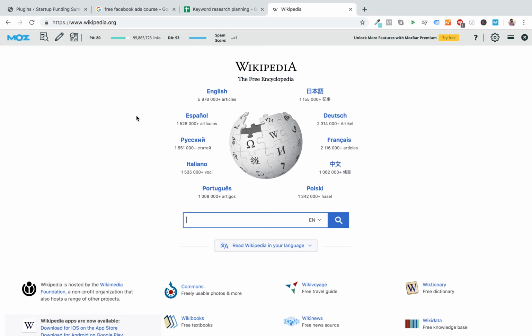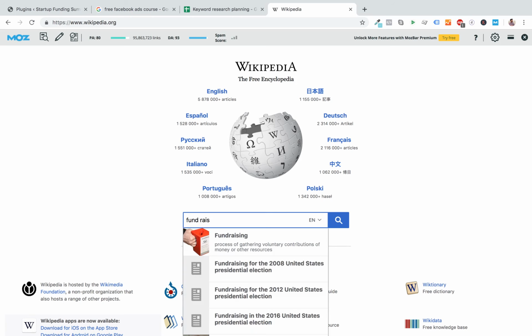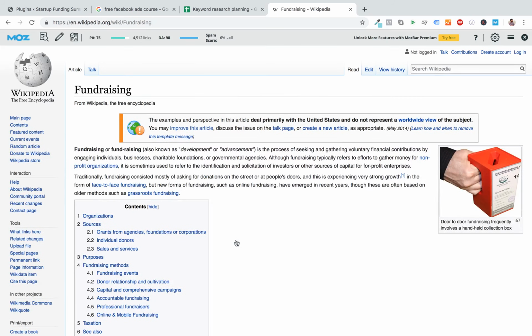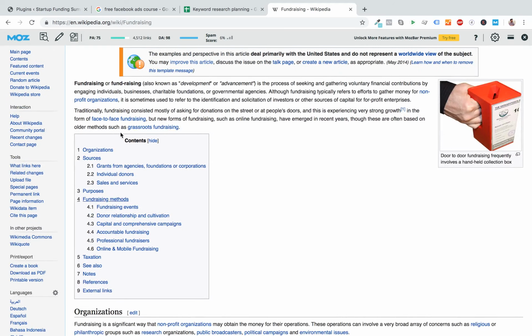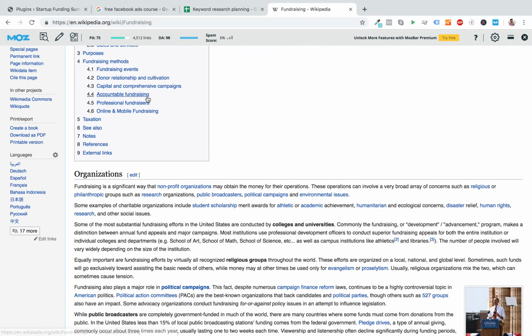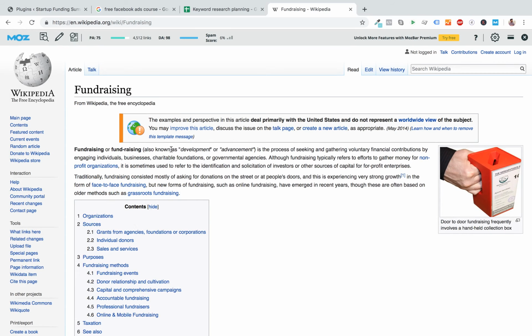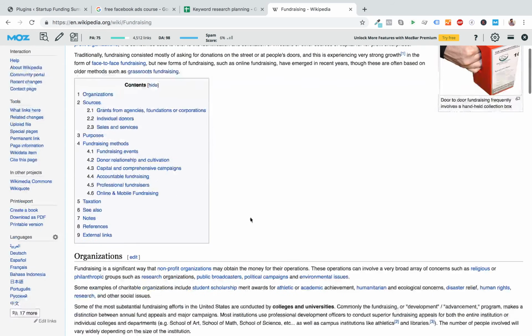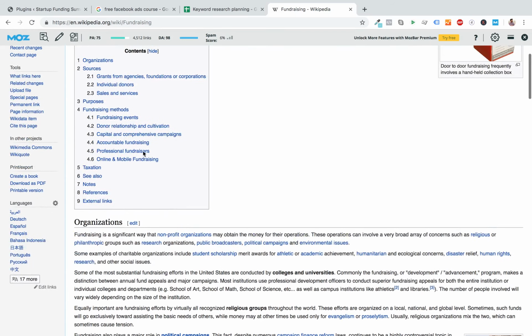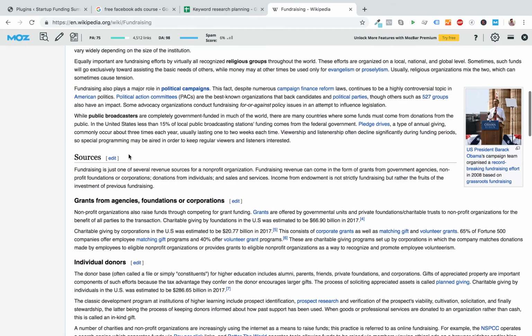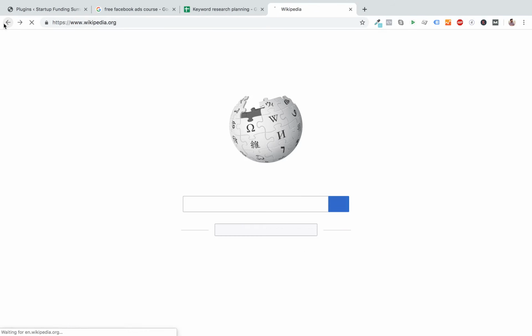Here I'm going to put fundraising. In general, I'm just putting fundraising. So let me see what are the possible ways in which startups can raise money. These are the words that are coming. Again, each such blue link here is a topic again. It has gone broad, so I would have to be more specific.